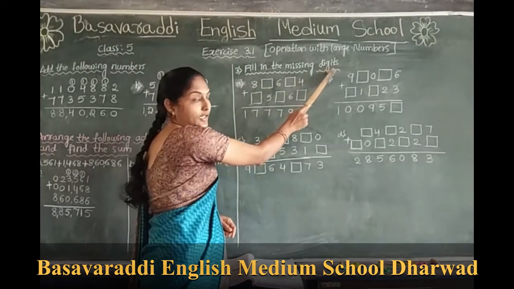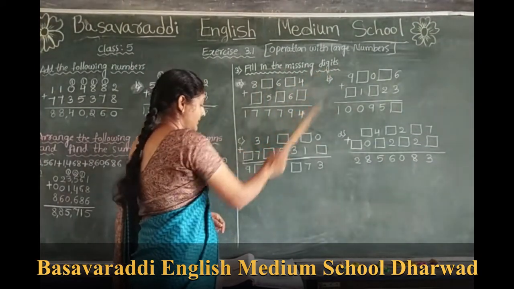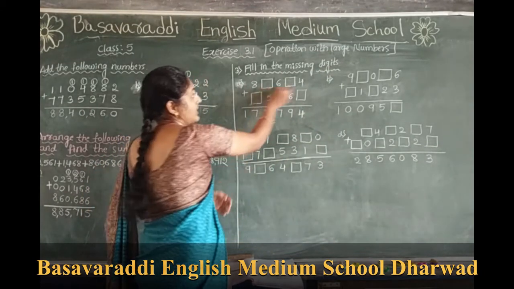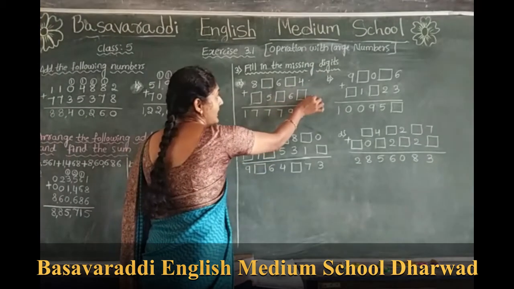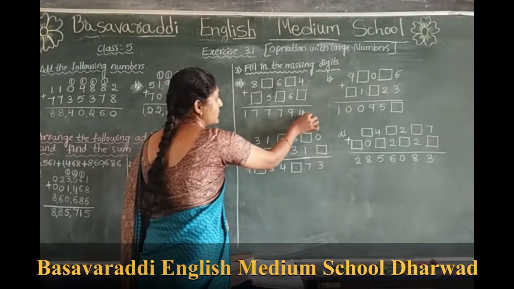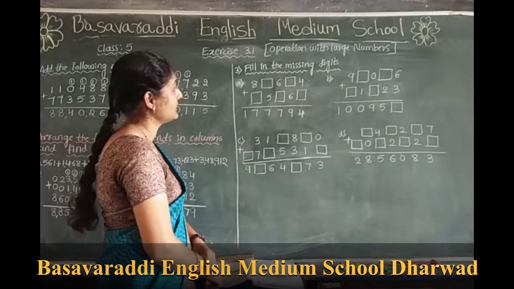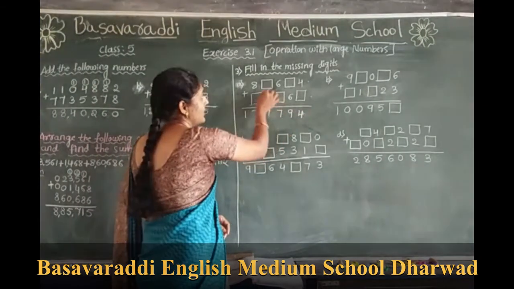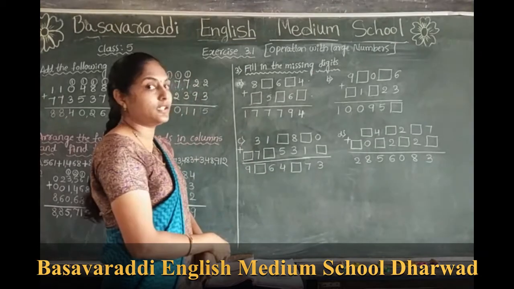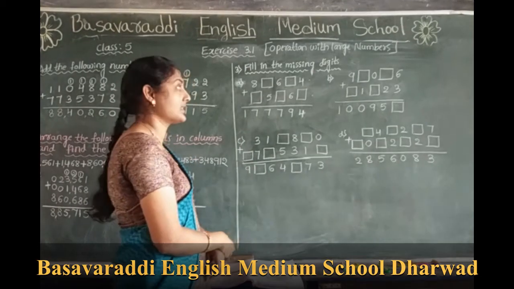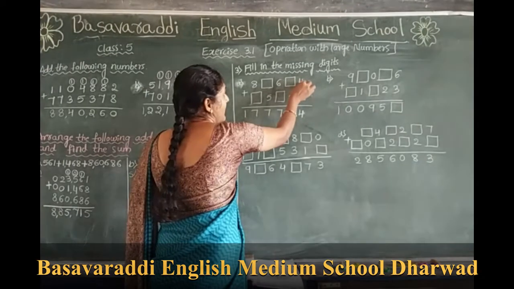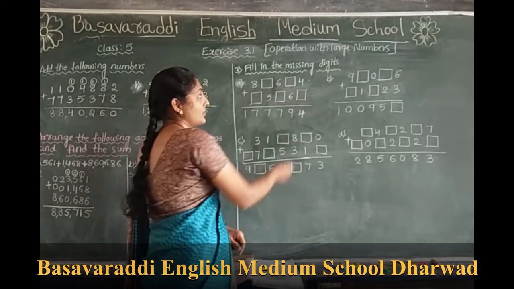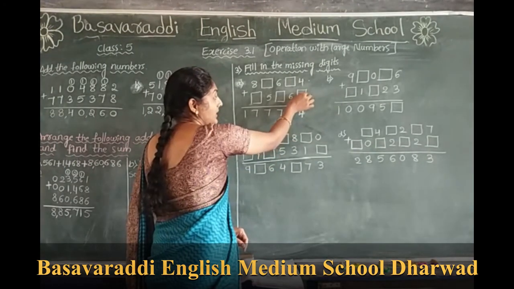Fill in the missing digits. In the given question there are two addends there. The first one is this addend and this one is the second addend. After this one is the sum there. After the addition operation we get the sum. This is the sum. We have to fill the missing digits there. How to fill the missing digits? Okay, in the ones place, already the 4 there. In the sum column, here also 4. So which number we have to fill in the given box?